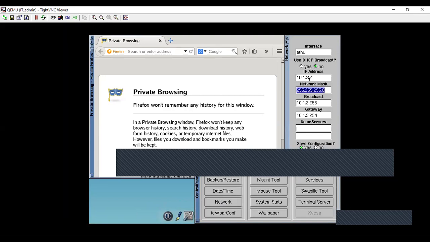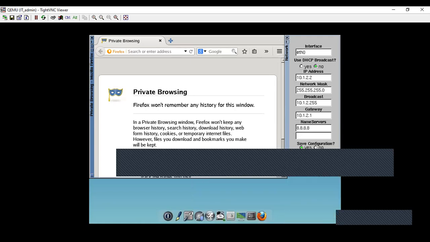Because it's VLAN 20, the gateway will be 10.1.10.1. I'm also going to add the DNS IP address 8.8.8.8. That's it.